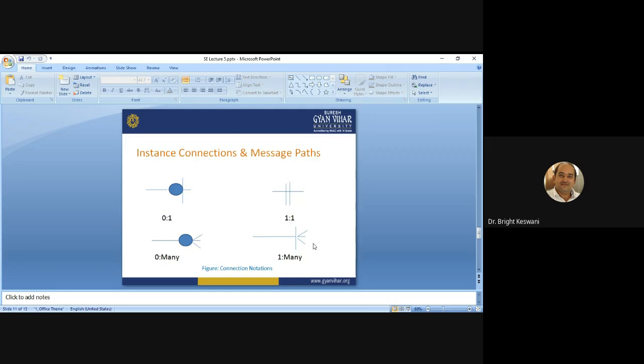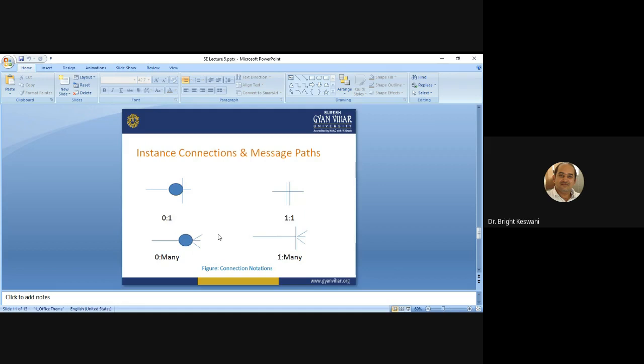In step 3, the resultant representation is made in which all object relationships are made by a single line, and also the required connections like one to one, one to many, etc. This is the example of simple connectivity between instances.